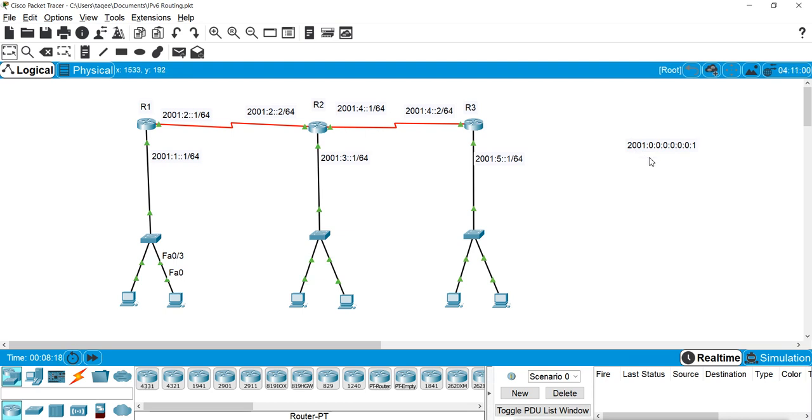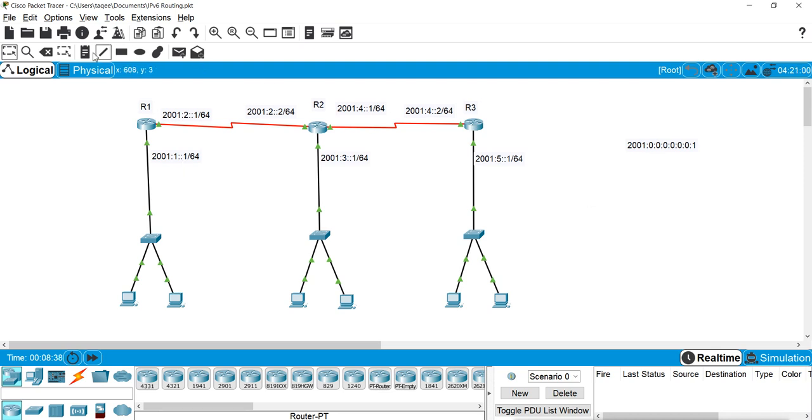Now what I am doing here, I am using the first 64 bits as the network and the rest of the 64 bits as the host. So what I am using here for this FastEthernet interface is 2001 colon 1, then colon 1.